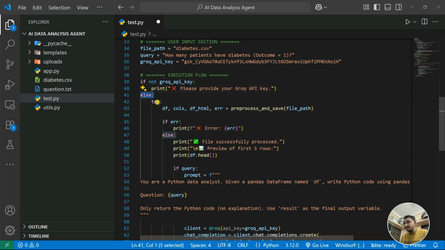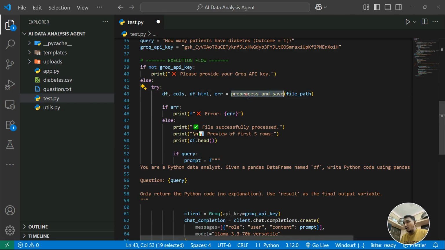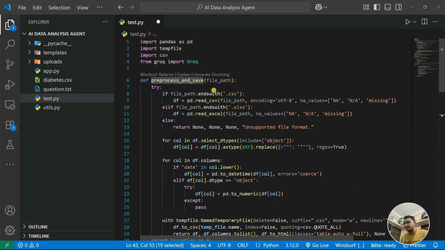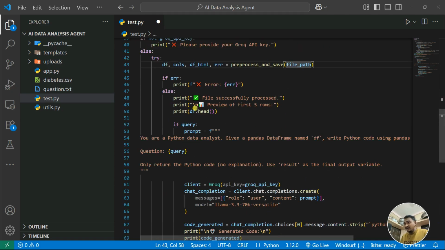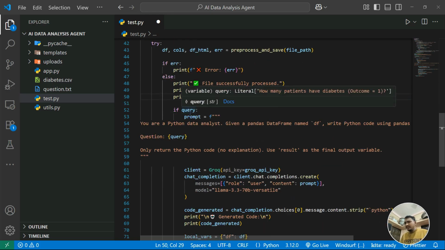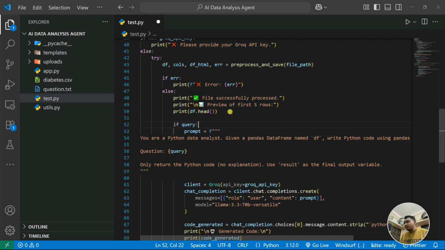Otherwise, create a try and except block, and call the preprocess and save function. To this function we pass our file path, and if it gets any error, it will show the error. Otherwise, it says the file was saved and processed successfully, and you can preview the file. Then this is our most important part: if we have the query,